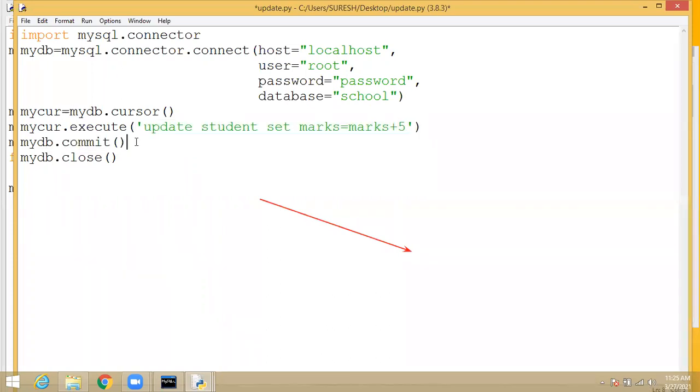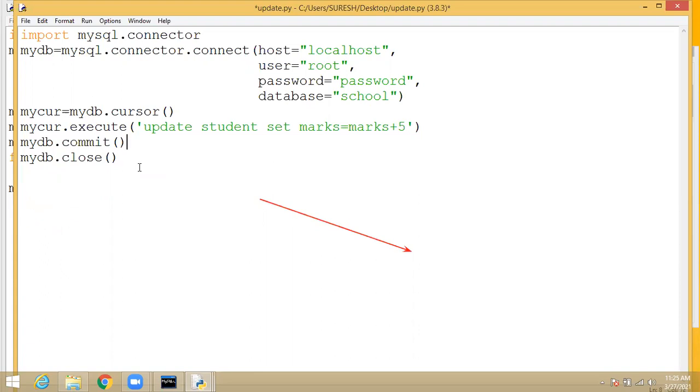That is for DML commands. What are DML commands? Insert, update, delete. These commands need a commit function for confirmation. Don't forget, these are very very important.